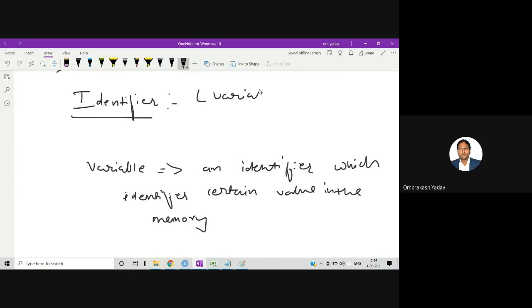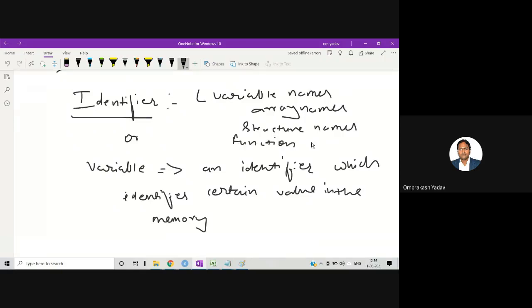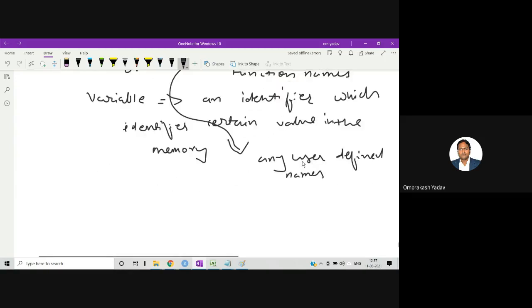We can have variable names, array names, structure names, or any function names. So that means any user defined names.